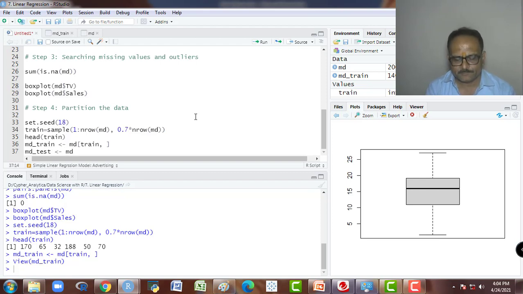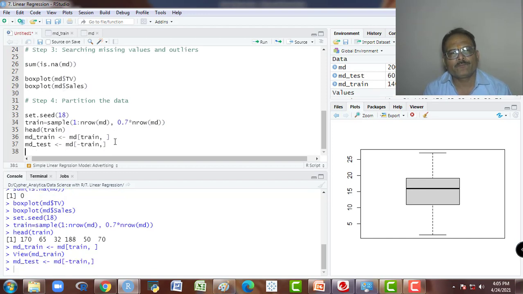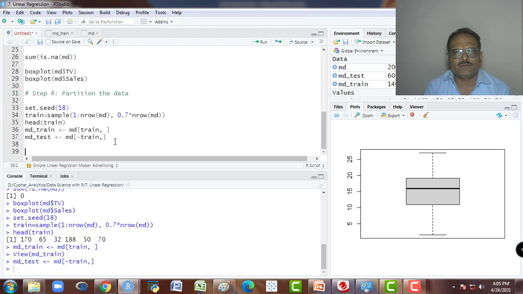Because I have taken this in the training data set, the observations which are not here, I will use for test data. So I will write minus train, then comma. Okay, so I will get this. So here we have got MD_train and MD_test. They are the 60 observations.